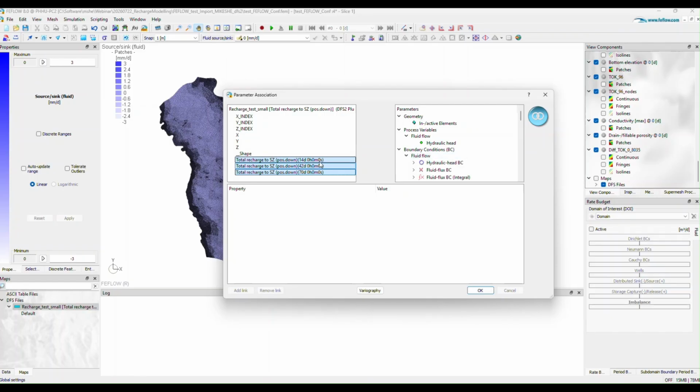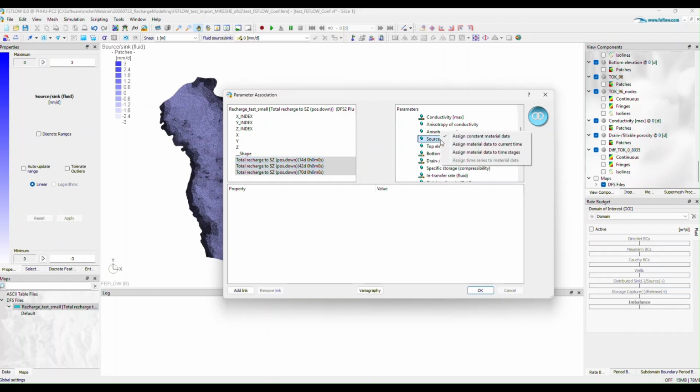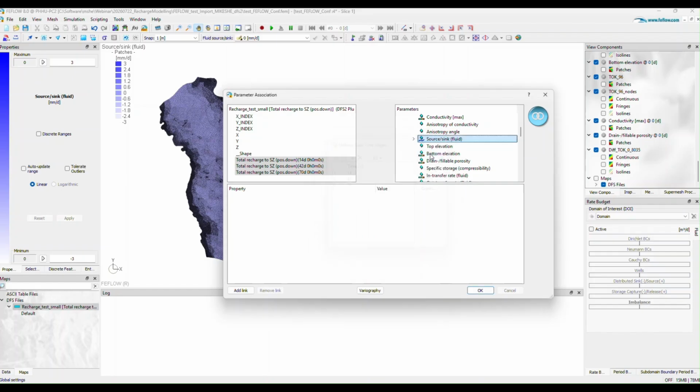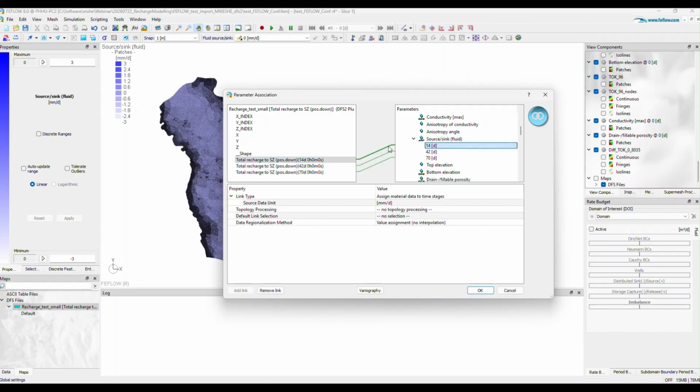Now how it works: you select all time steps that you have here, go to source sync, right click, assign material data to time stages. Then FEFLOW will automatically create the list of time steps that you need. So there can be more, of course. You click OK, you get here a drop down, and then you double click on the first item. And then you see it will align and link each MIKE SHE time step to the time steps in the